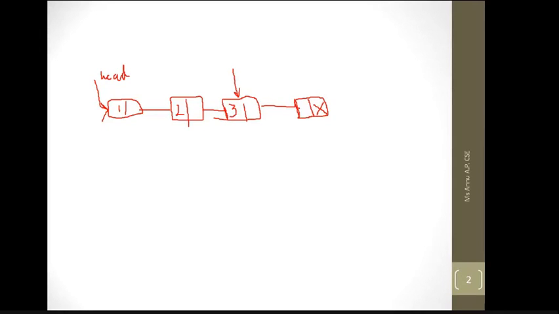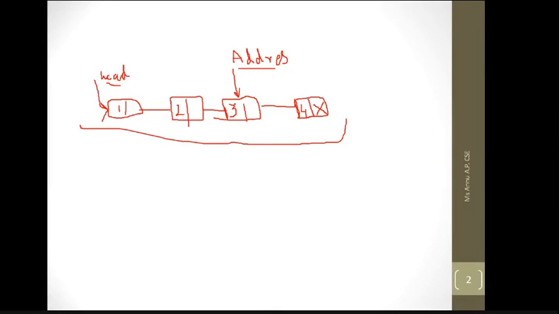Do we know the values, ma'am? No, you are just having the address of this node. Okay, the address is given to you. Suppose you have a node pointer with value 3 and you don't know where this node is positioned in this given list. You are just having the address of this given node. You are having the entire list with you, meaning you are having the address of the head node also.